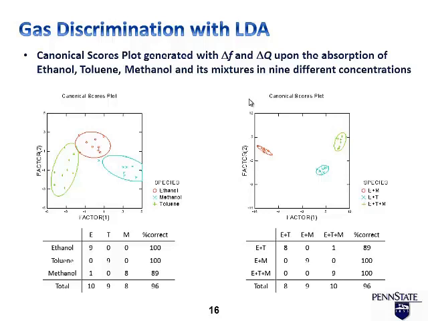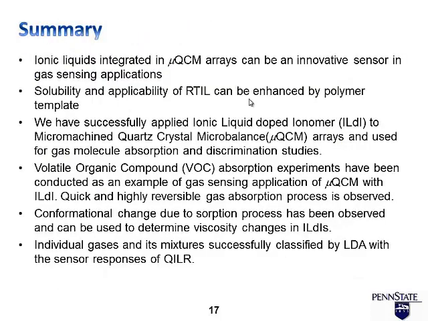But it should be noted that if we only use delta F to discriminate the binary and ternary mixtures, then the accuracy goes down to 74%. So actually, delta Q gives a very unique response and can be used as a